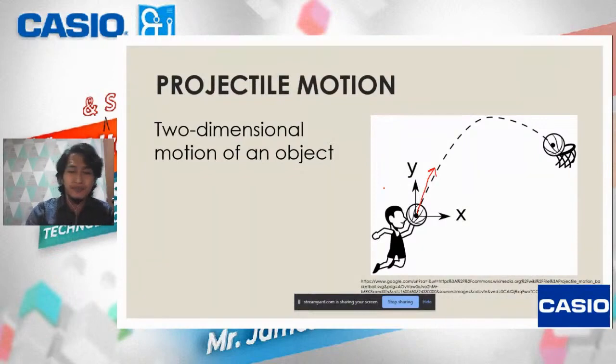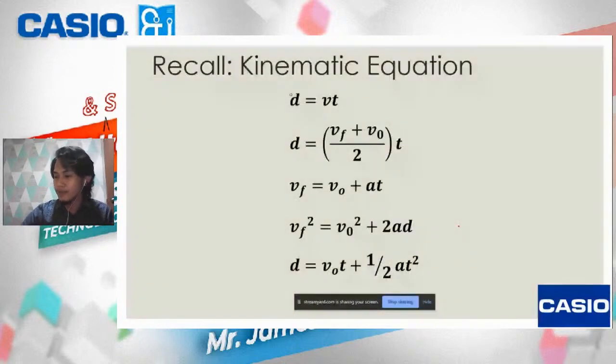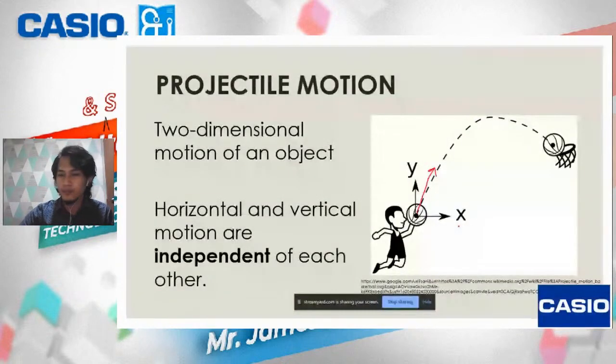So with that, we should know that the horizontal and vertical motion are independent of each other. So meaning to say, regardless kung anong value ng X natin, it doesn't affect our Y. Okay? So paano naman po sir yung time? Actually, doon lang sila nag-share. So later on, as we go along, mas makikita natin siya. Okay? So to understand this one further,